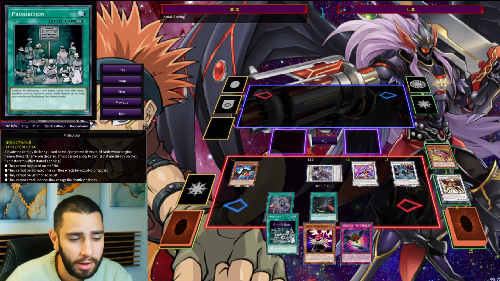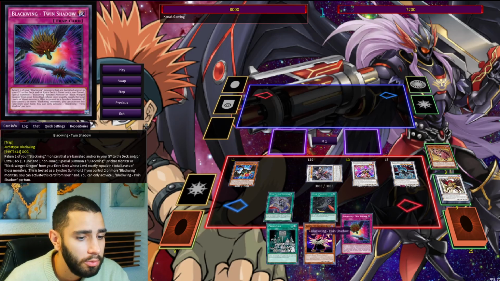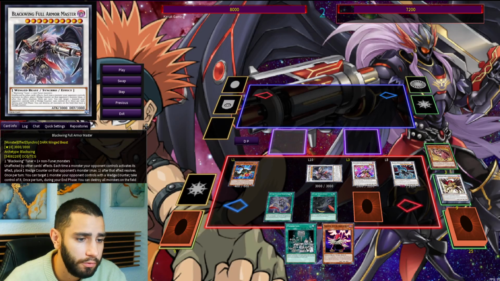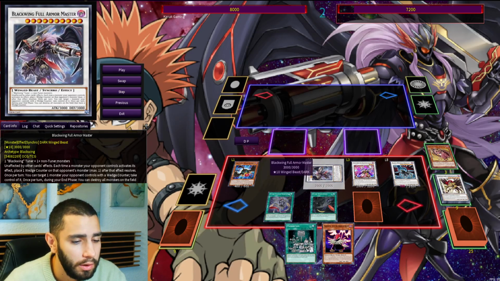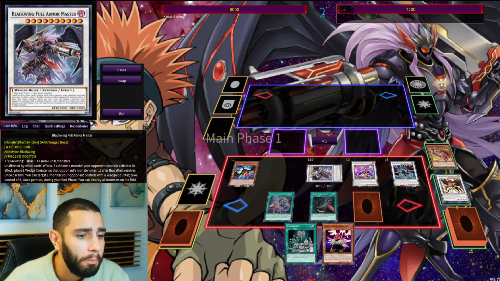In this case, I haven't activated the prohibition because, yeah, you know why. And now it's up to you. You can set the Black Twin Shadow, or if you have 2 Blackwing monsters on your field. In this case, we don't really have 2 Blackwing monsters because we're gonna use Orochi. But yeah, otherwise you can also use that card from your hand. Now, in your opponent's turn,